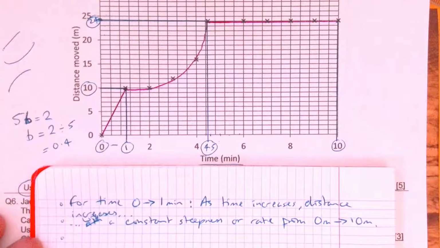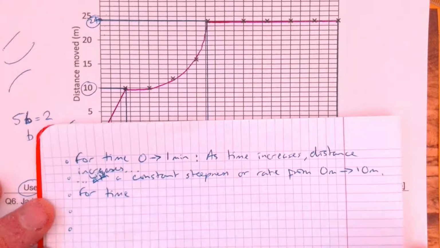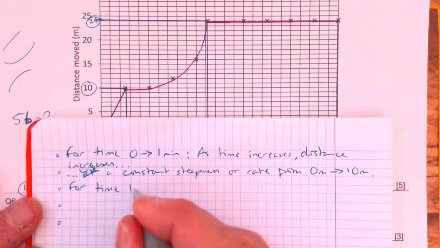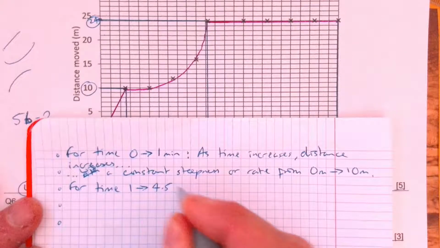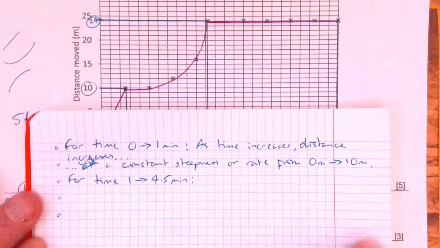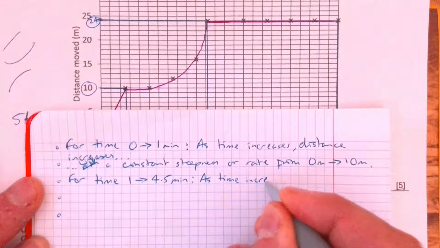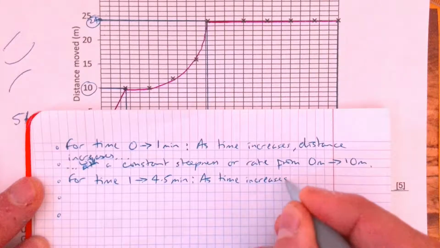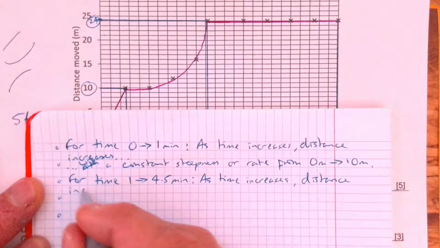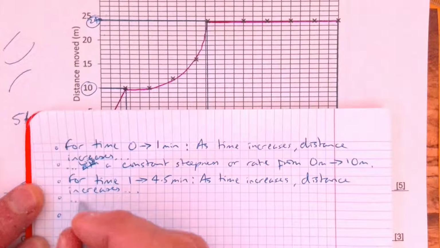Right, I'm going to then talk about the next bit. So for time, I'm going to start from this bit, from 1 to 4.5. For time 1 to 4.5 minutes, what's going on there? As time increases, distance increases. Okay, and for the second part of my perfect conclusion,